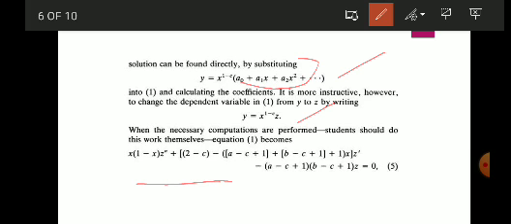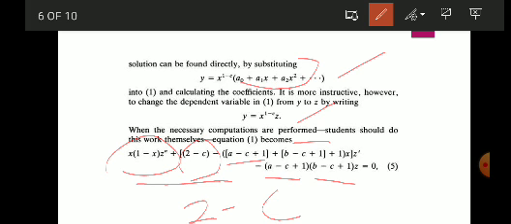The Gauss hypergeometric equation is x(1 - x)y'' + [c - (a + b + 1)x]y' - aby = 0, here c is a constant. Here c stands for 2 - c, a stands for a - c + 1, b stands for b - c + 1, so (a + b + 1) becomes (a - c + 1 + b - c + 1 + 1), and ab becomes (a - c + 1)(b - c + 1), with variable z, equal to 0.